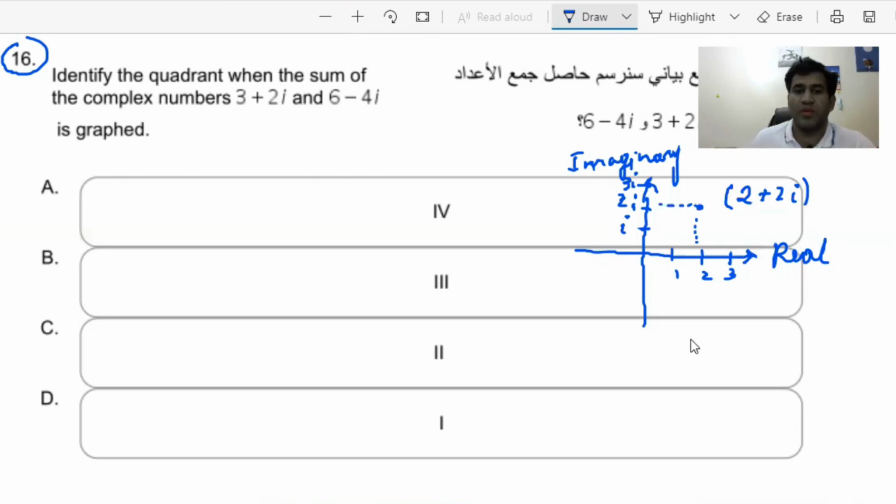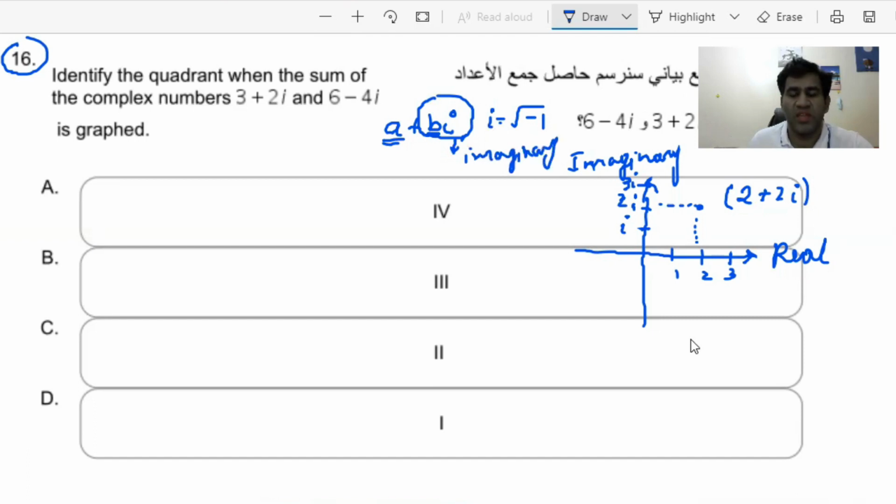together, which makes a complex number, because the general way of writing a complex number is a plus bi, where a is the real number and b is also real, but as it is getting multiplied by i, that is the imaginary term. The value of i is the square root of -1. That's the reason we say this entire bi is imaginary. So real plus imaginary gives you a complex number.